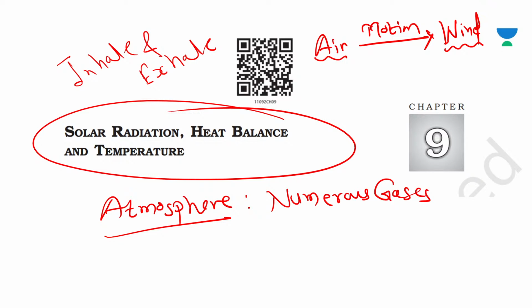Now, the Earth receives almost all of its energy from the sun. The Earth in turn radiates back to space the energy received from the sun. As a result, the Earth neither warms up nor does it get cooled over a period of time. And thus the amount of heat received by different parts of the Earth is not the same.